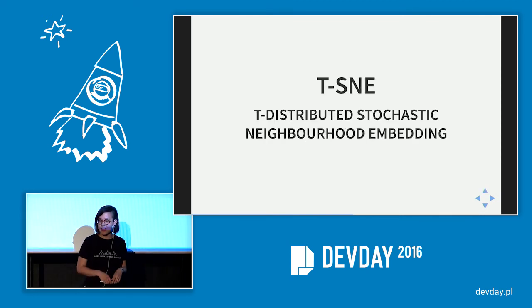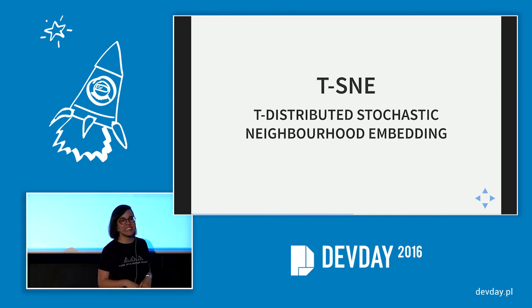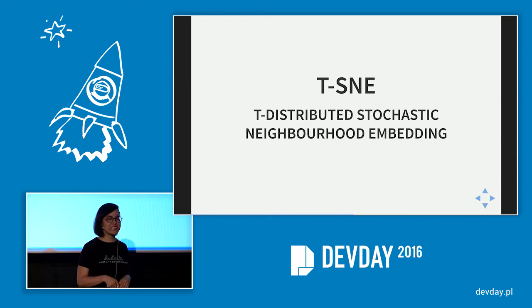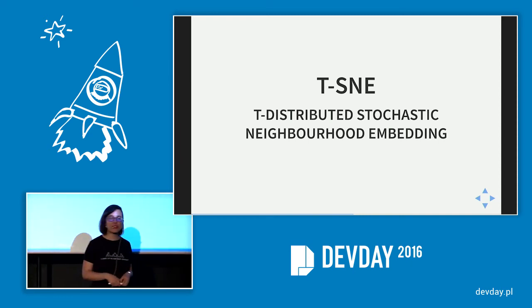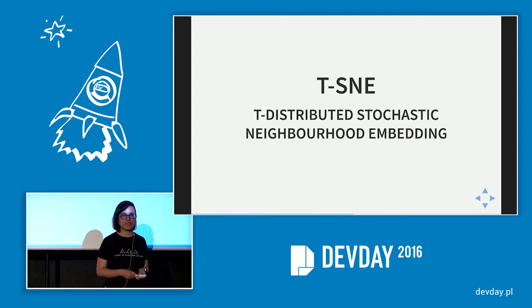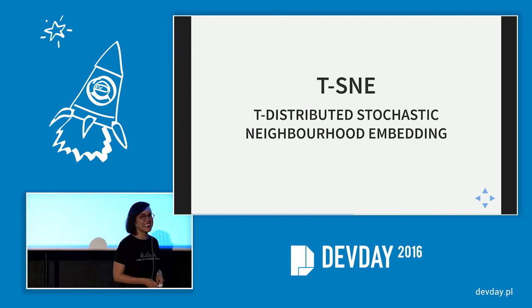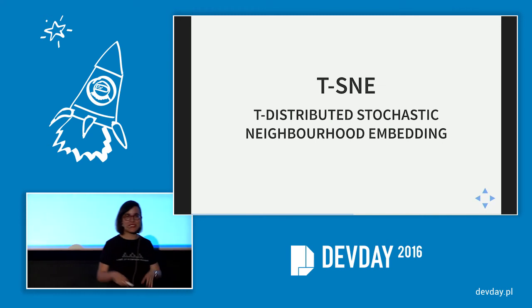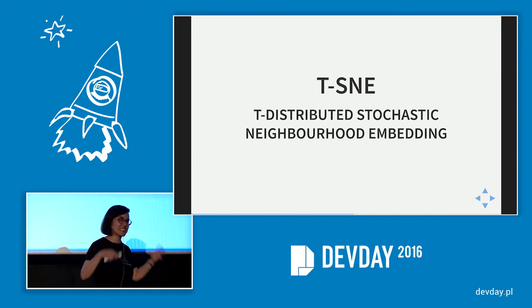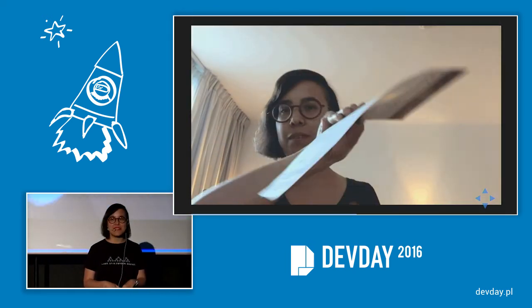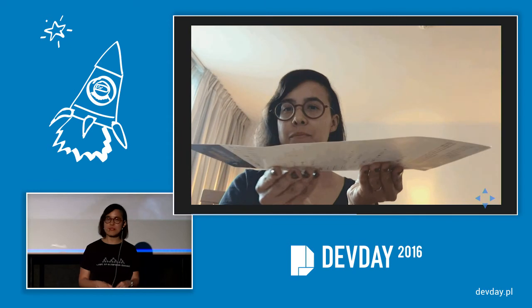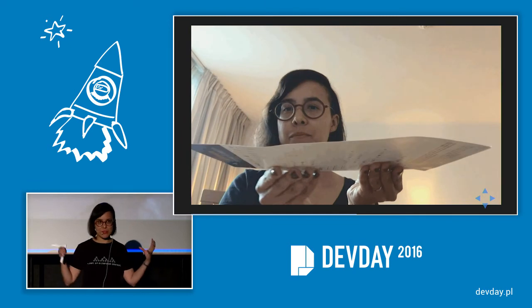Stack Overflow. And I decided to use my favorite data visualization technique at the moment, which is called t-SNE. It's t-distributed stochastic neighbor embedding. Who knows what that means? Well, it's a very complex name, but I will try to explain at least how it works, the idea. And this is me yesterday in my hotel room, trying to demonstrate